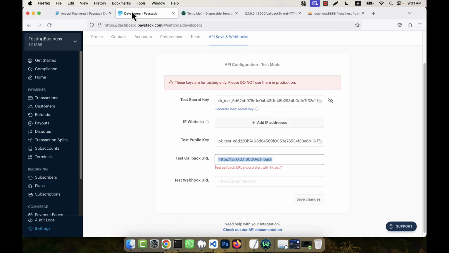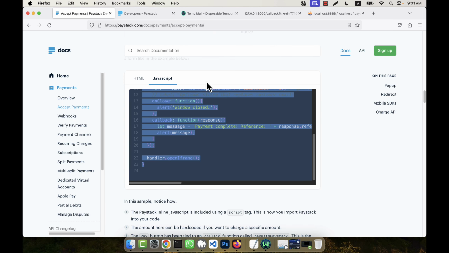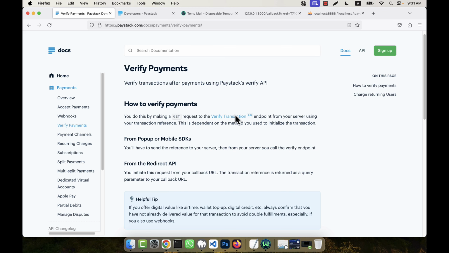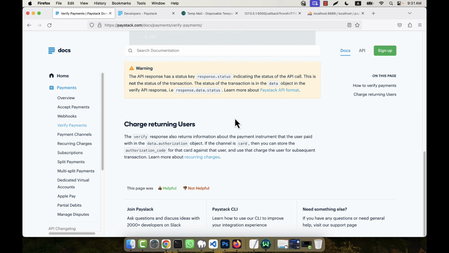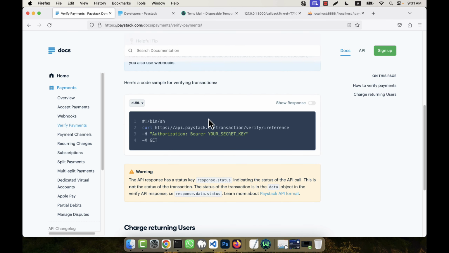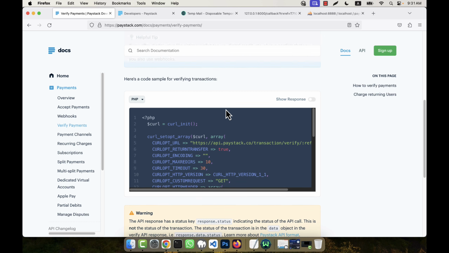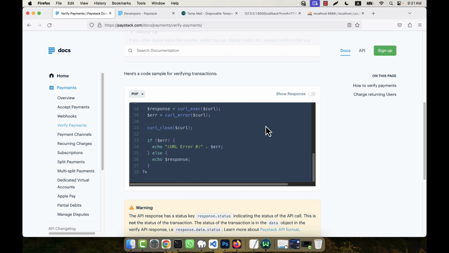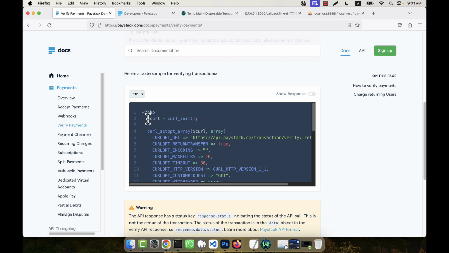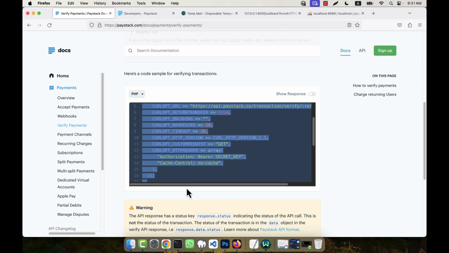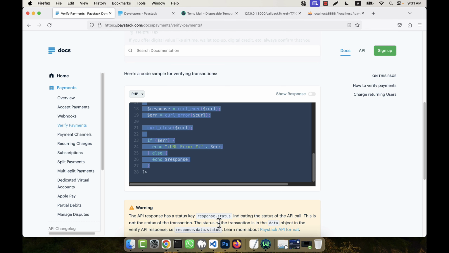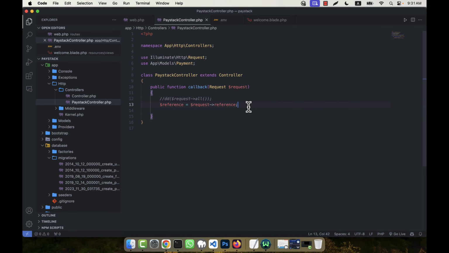I am going back to the documentation that was given here, accept payments, and you see there is a verify payments section. I am going to the verify payments section, and here I will have to use the code. Instead of curl, I am going to select PHP, and the cURL code is what they are giving me. So I am going to just copy all the code that was given here,